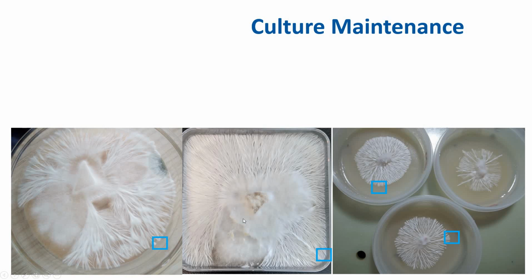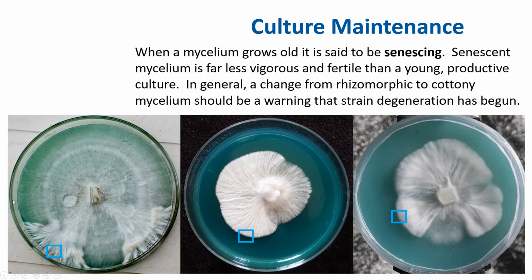You could do 4 per plate. And this one, you see rhizomorphic growth, cottony growth, right? You don't want to take your culture from anywhere here, right? So again, go for the section that is rhizomorphic and transfer only a tiny bit of this. This culture is all good, right? This one is rhizomorphic right here, and then cottony is forming, right? This one's all rhizomorphic. Here's more example of